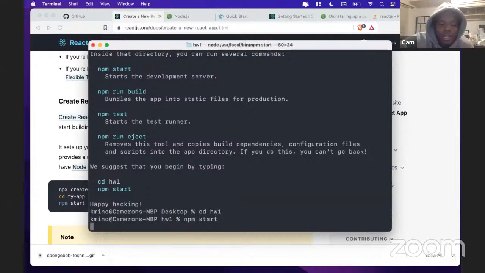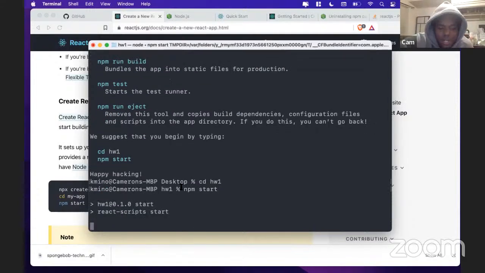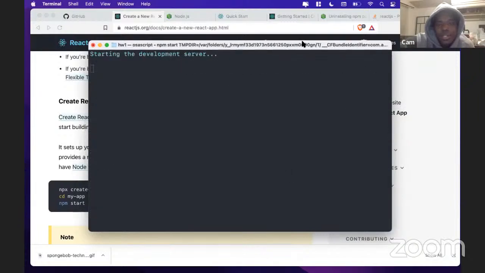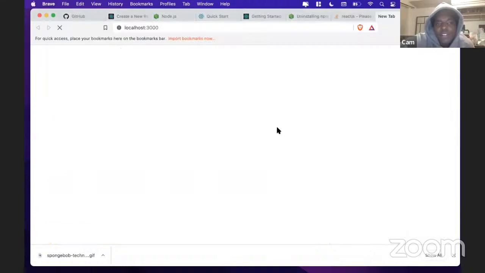And npm start, like I said, is going to run another set of scripts that is going to make it possible for me to see my application running on a local server. So it says right here, starting the development server. If everything works well, you should see localhost 3000 pop up, and it should just open whatever your default browser is. And after the server starts up and runs, the page should reload, and you should be able to see your running React application